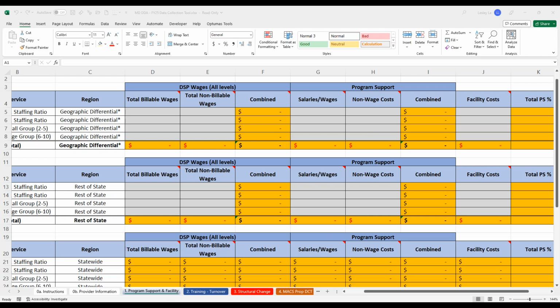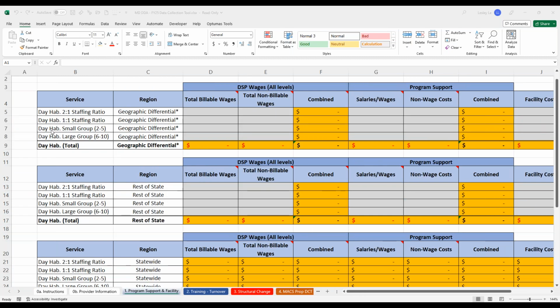I think that's accurate, although we'll need to confirm 100% with DDA, but I just want to echo what you just said, Leslie, for the providers on the line. Especially if you are concerned about what you're getting paid for the services that are covered in this survey, the more information you can provide us, the better able we will be to evaluate what changes could potentially be made. So it's really in everyone's best interest to fill this out if you're able to.